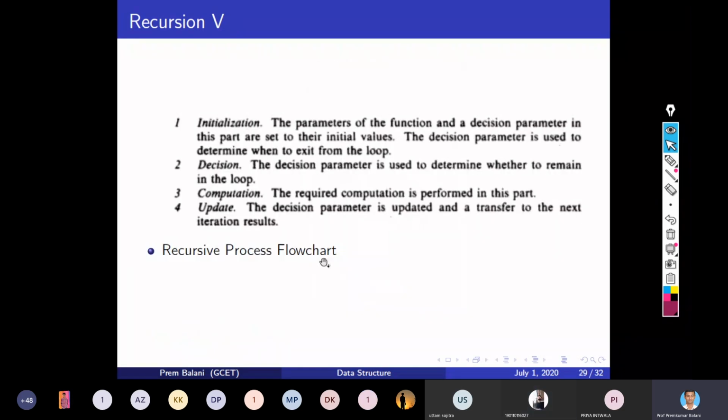Now we are going to see about recursive process flowchart.